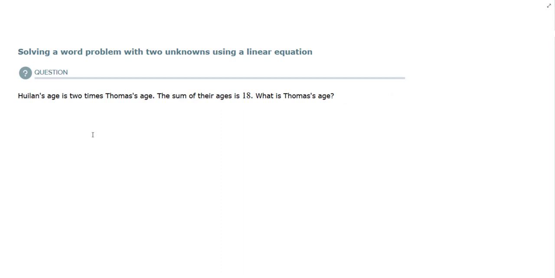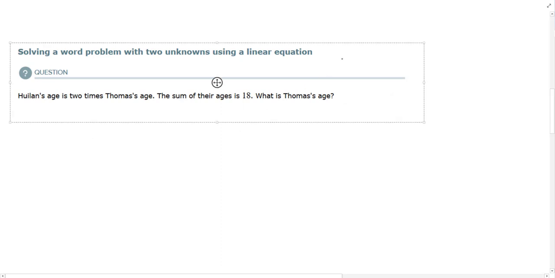Solving a word problem with two unknowns using a linear equation. In this topic, in Alex, they're always going to be telling you about two quantities. Maybe we could call them like A and B. And they're going to tell you